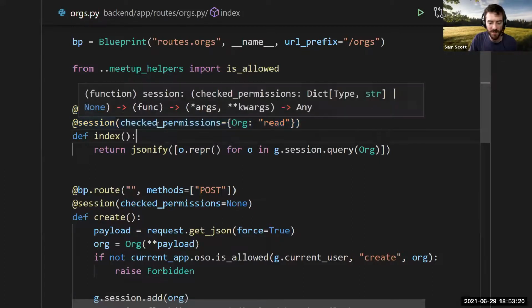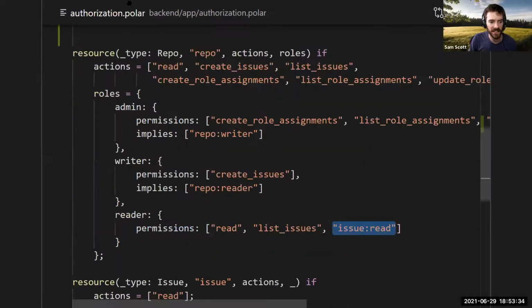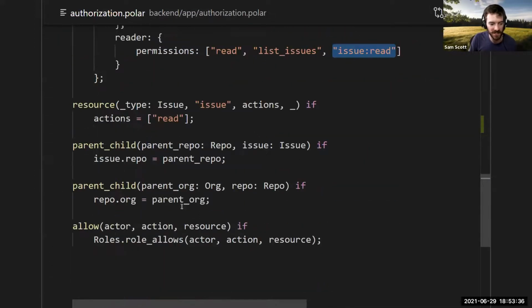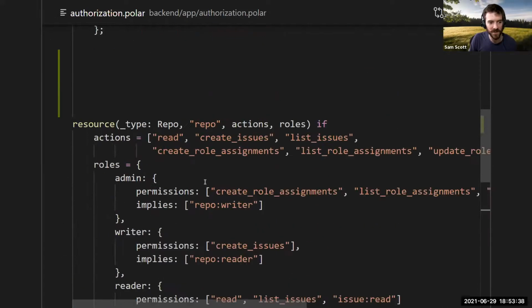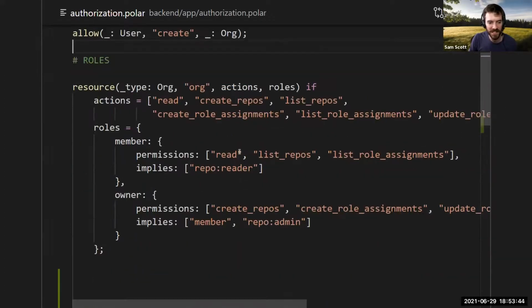You can see we're passing in through here the permissions that the Oso SQLAlchemy integration should check. So you should check that the user can read organizations. What this is actually going to do is take the policies I was showing earlier, the role-based policies, or any of the relationships that we've defined, or any one-off permissions, like any user can create an org. It's going to take those permissions and convert them via SQLAlchemy into a database query.